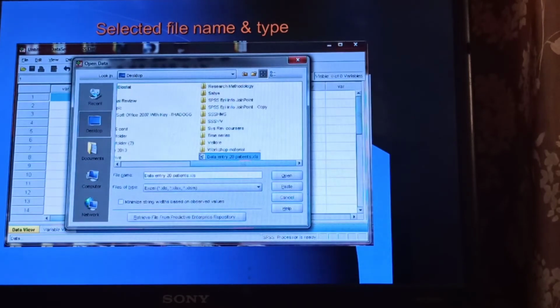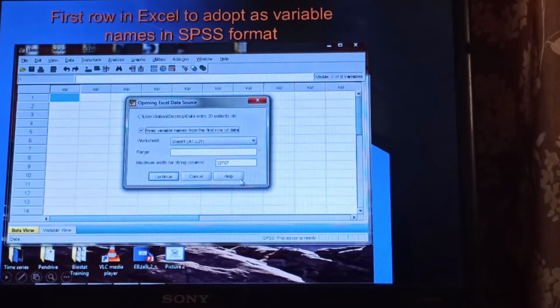So I have selected the file name and the type of file also. My file name is data entry 20 patient .xl, and the type of file is also Excel. The file is selected here. By opening this, you directly get this type of window. SPSS will ask you, shall I take the first row in the Excel as variables in the SPSS format? We say yes, continue.